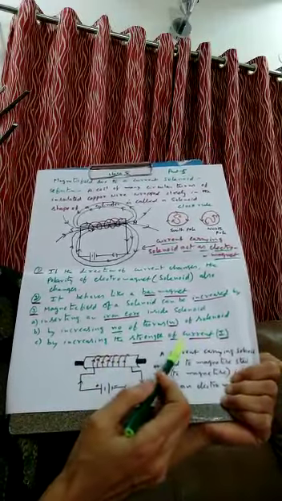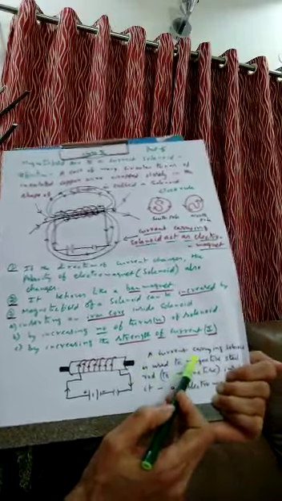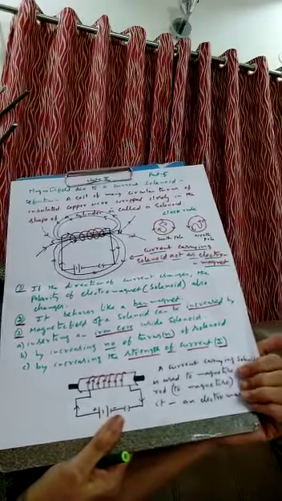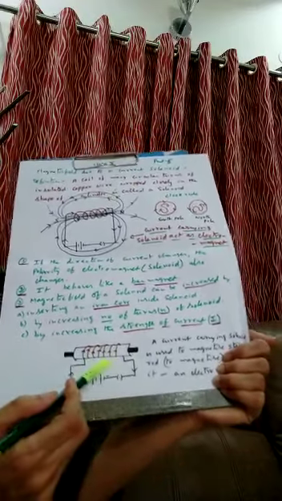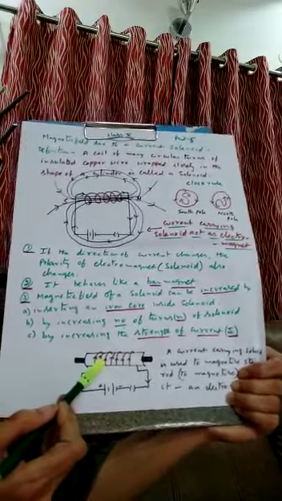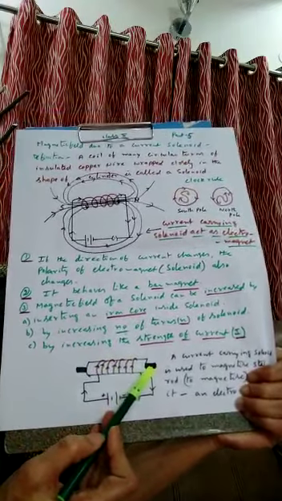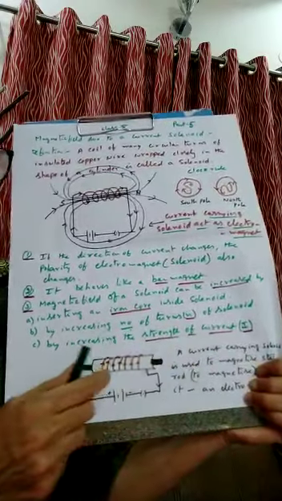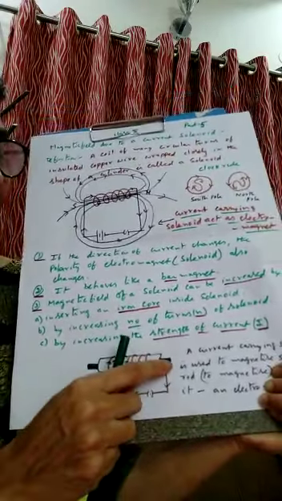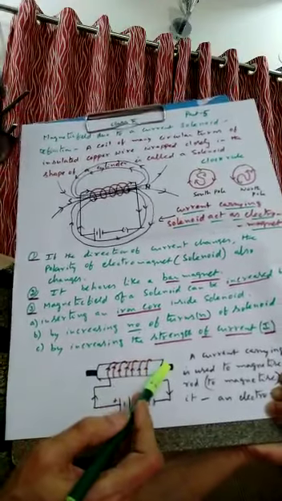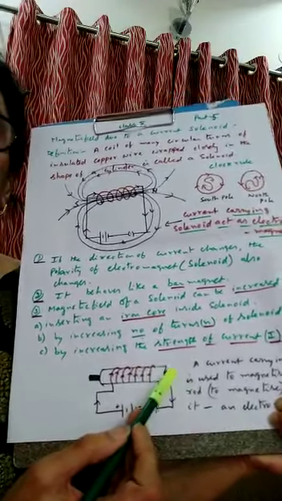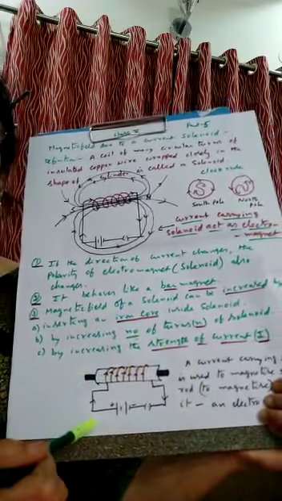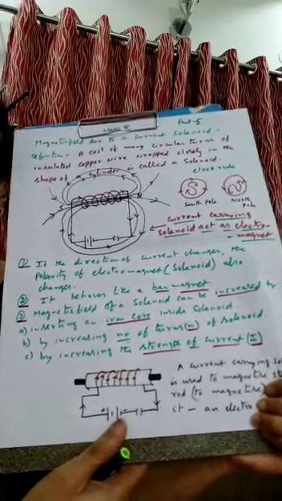Now, a current carrying solenoid is used to magnetize a steel rod. To magnetize the steel rod, you keep it inside here. Suppose I have taken the solenoid wire here. Okay, so an iron rod, that is a steel rod, you take, and I want to convert it into a magnet. So insert that rod into the solenoid, then send the current. After some time it will behave like a magnet here. So how do you prepare a steel rod into a magnet? Insert it into the solenoid and send current, then it will behave like a magnet here.